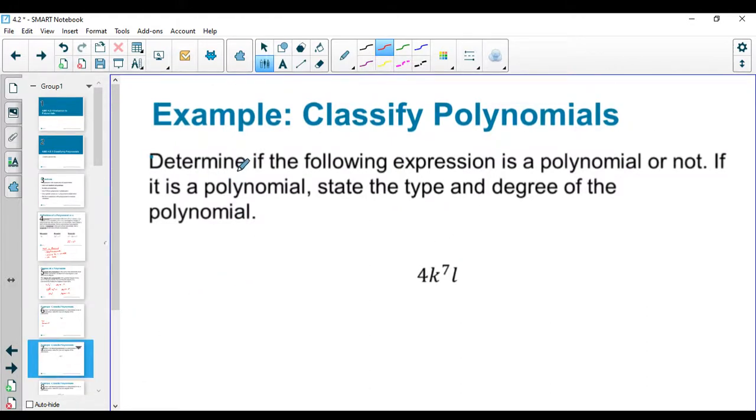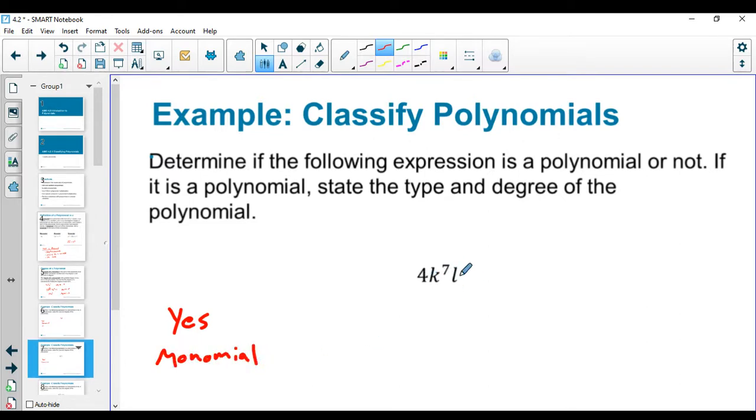This one, determine if the following expression is polynomial or not. Again, it's not breaking any rules. We don't have negative exponents, not dividing, no roots. So yes, it is a polynomial. The type is still a monomial,